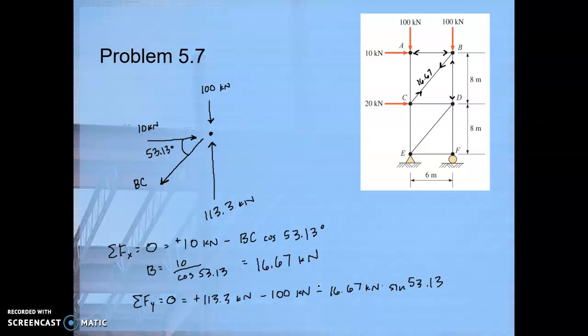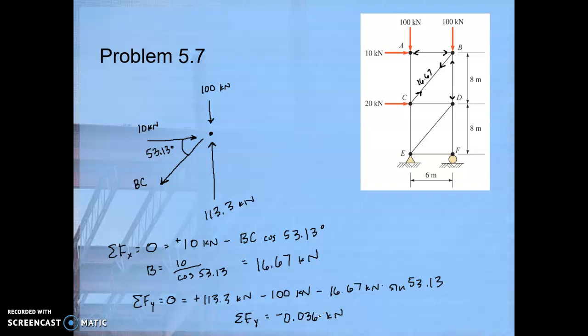So if we've done everything correct up until now, the sum of these three vectors should equal 0. So let's see what the sum of forces in the y direction really does equal. When I put that into my calculator, I get negative 0.036 kilonewtons,